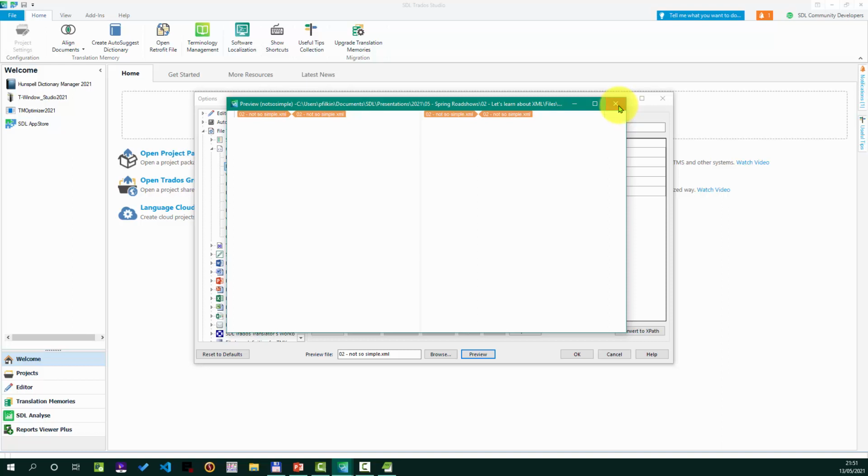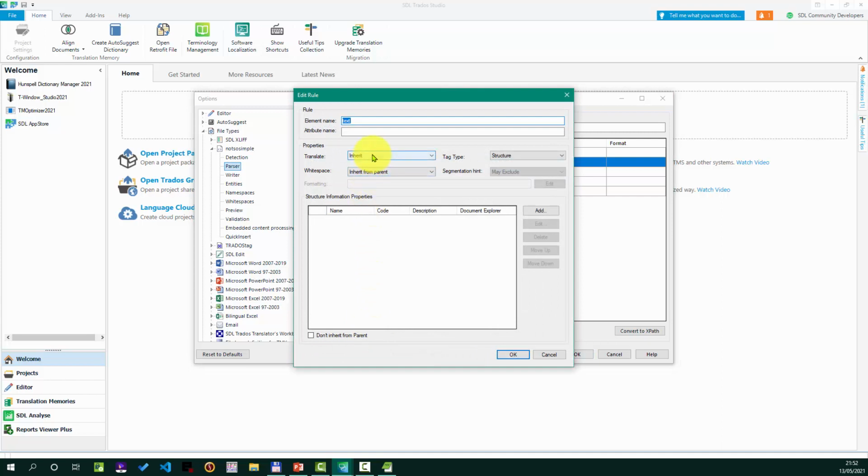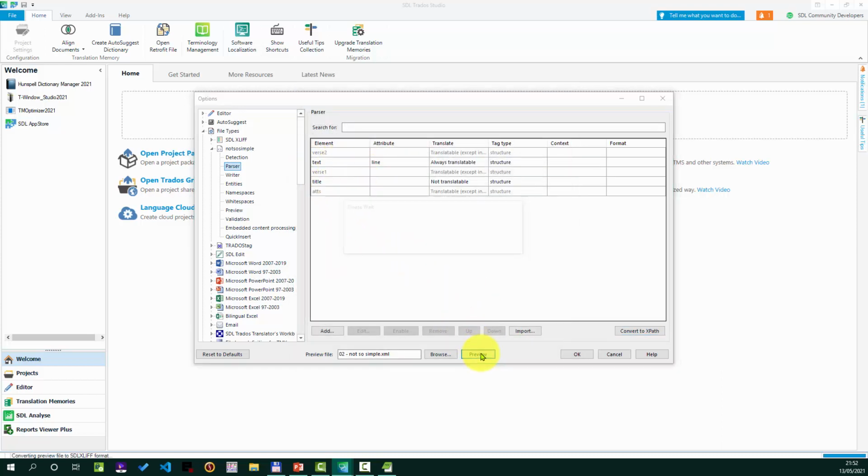So all I do need to do now is deal with the text. And you can see there's no attribute value in there. So I need to put an attribute value in there and tell it I want to translate it. So I edit here. First of all, I'll say translate yes, but translate the attribute. So I type line in to translate the attribute. I say OK. So you can see now I'm translating that, and if I preview,